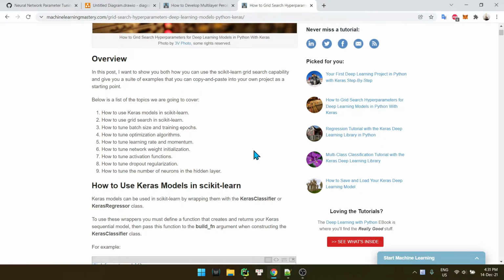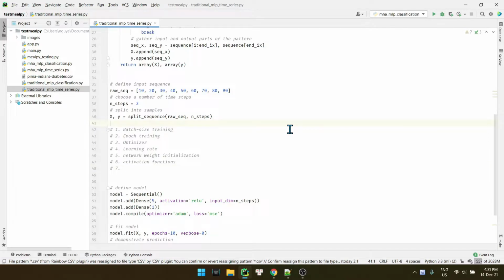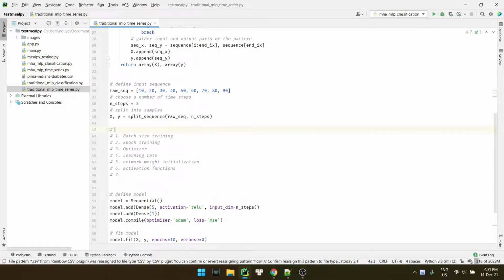So with the assumption that we are trying to optimize a multi-layer perceptron with 3 layers, one input, one hidden, and one output.